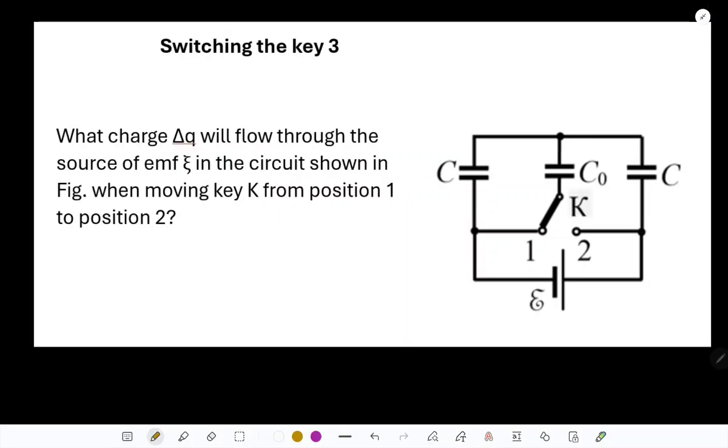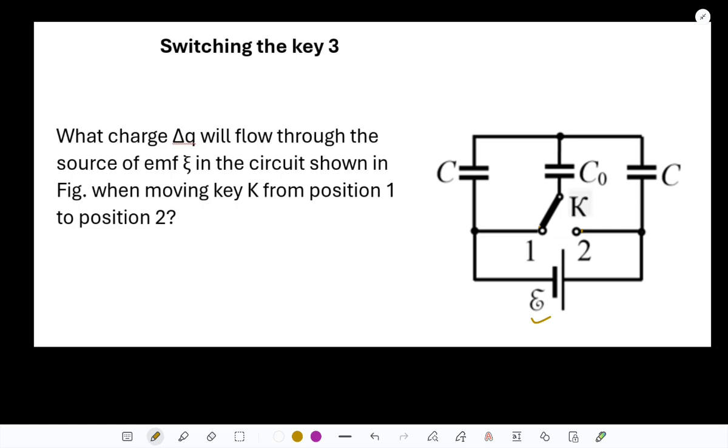And now if you can solve another problem based on the same concept, you can see at your screen that we have a kind of same problem. What charge delta Q will flow through the source of EMF E in the circuit shown in the figure when moving key from point 1 to point 2? On that one, position 1 to position 2. So